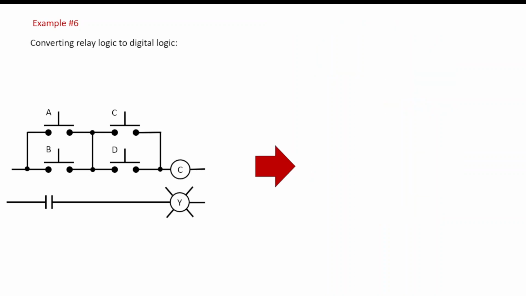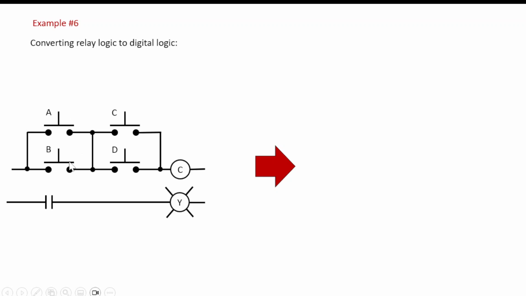What about this one? And this is getting pretty outlandish. I've got 4 normally open push buttons. Think about it for a few moments. What would this look like as a logic gate equivalent? I'll give you a hint. It's actually going to require more than one logic gate. You could say that this chunk here